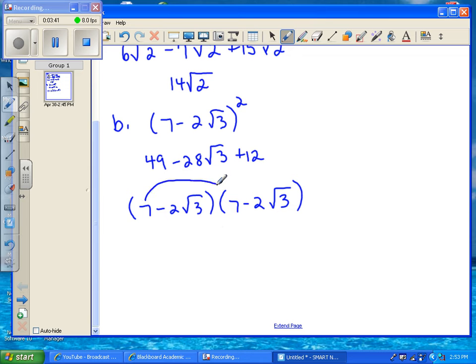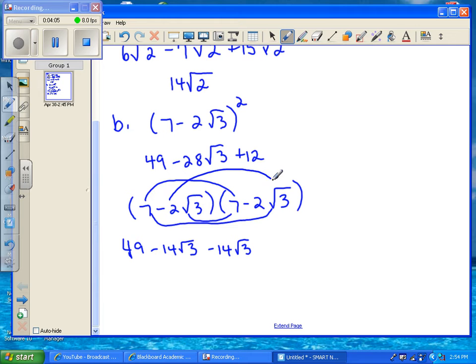So when I do first, 7 times 7 is 49. Outer, 7 times negative 2 root 3 is minus 14 times the square root of 3. Inner, negative 2 root 3 times 7 is minus 14 root 3. And last, negative 2 root 3 times negative 2 root 3. 2 times 2 is positive 4. Square root of 3 times square root of 3 is 3, or square root of 9 is 3. So now just clean this up. That's 49 minus 28 root 3